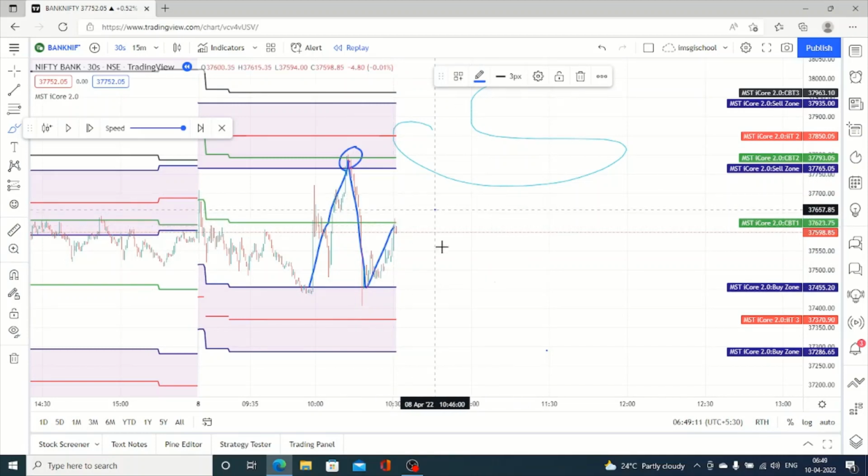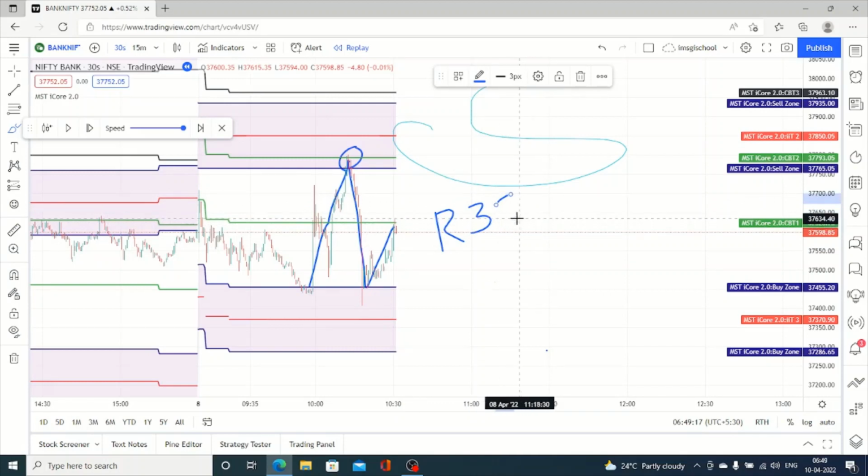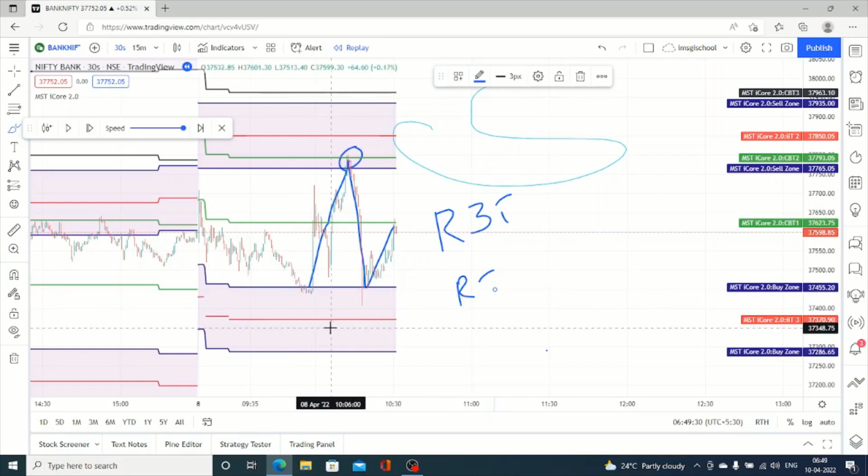We have been teaching you one important price action, that is R3C. So you all know what R3C is. There should be one rejection and there should be one confirmation. And these three combinations will work very well whenever it is in the buy zone or whenever it is in the sell zone. And another important thing you have to note, if you want to avoid a big loss,